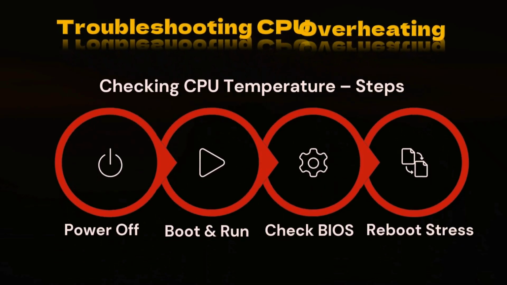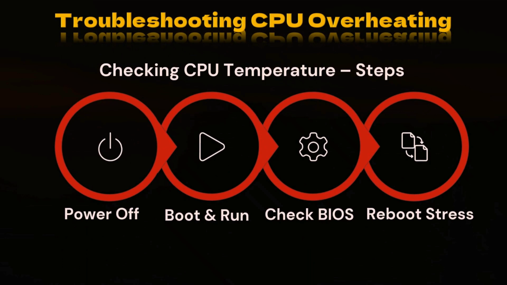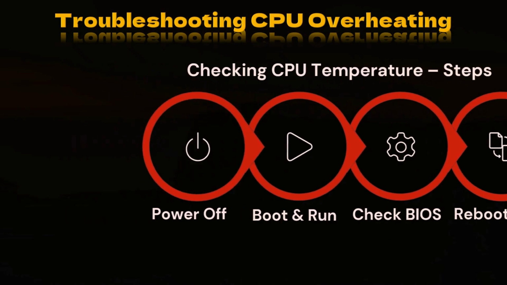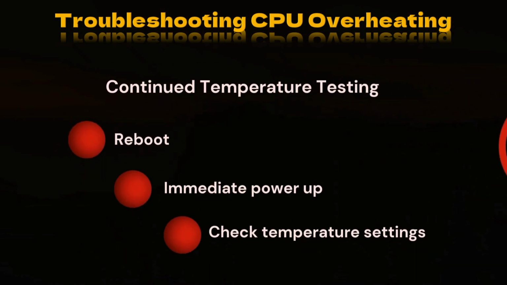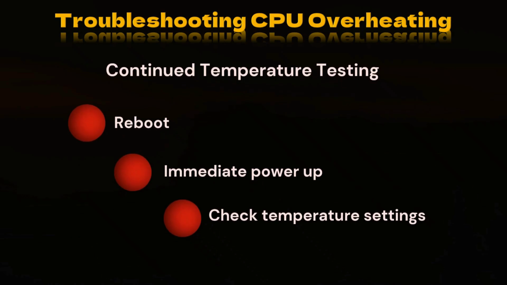If you suspect your CPU is overheating, you might be able to check the temperature reading in the system BIOS or UEFI. Turn off the power to the computer and leave it for a few hours. Power up your computer, let it run for about 10 minutes, reboot, enter the BIOS or UEFI, and check the temperature settings. Now, the exact menu where you'll find the information varies by motherboard manufacturer.